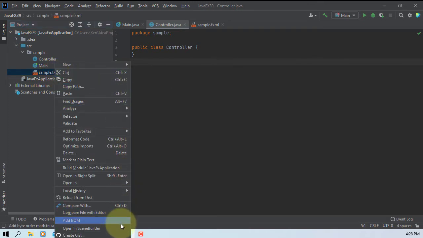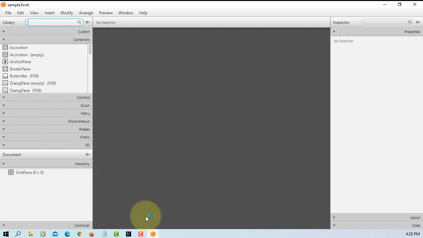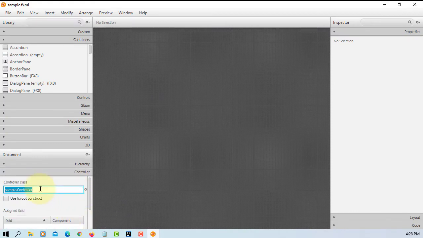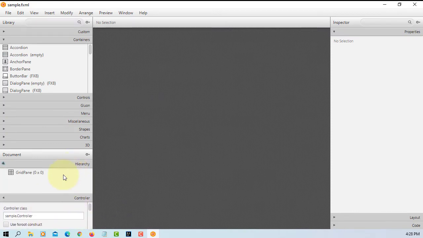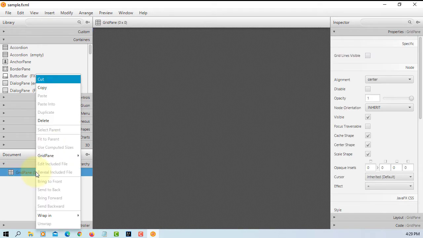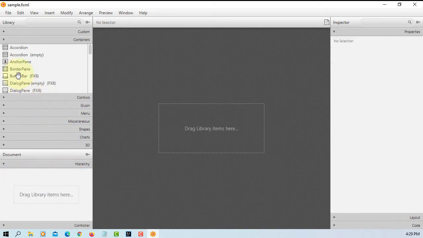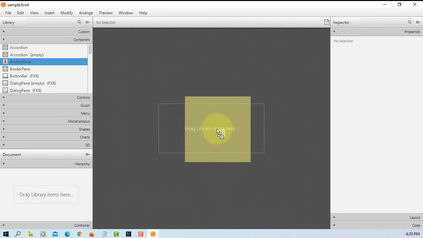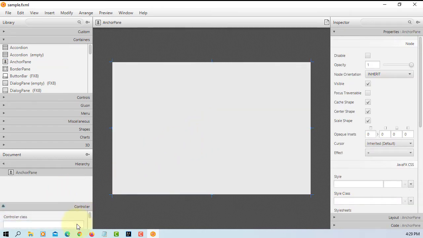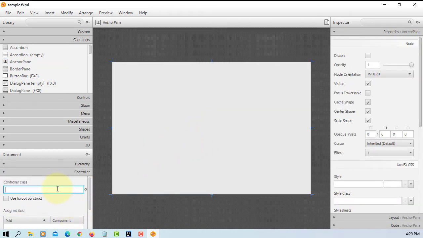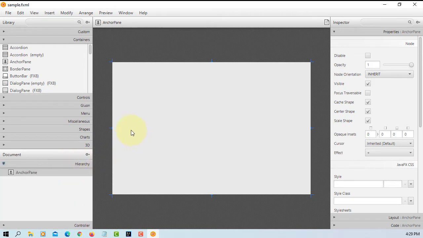Let's open XML in SceneBuilder. Copy. Remove. I prefer to use anchor pane. Let's paste controller. So in this example, we're going to use